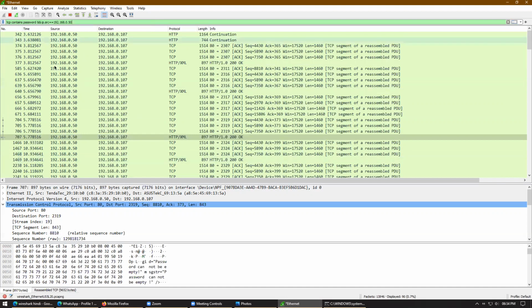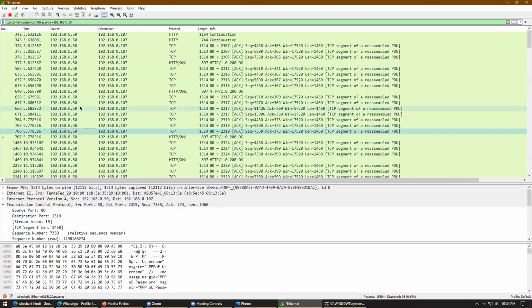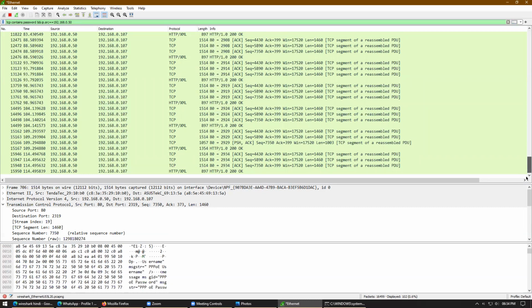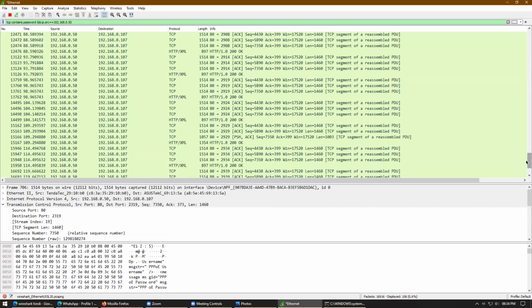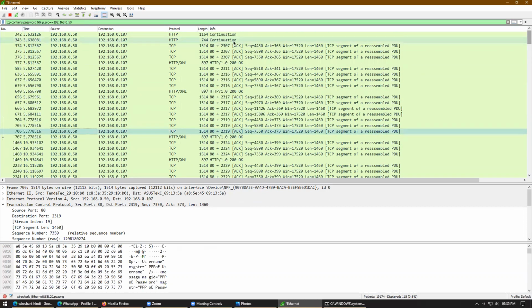Okay, so all the sources here are 50. Even if I remove this, that communication still happened, that specific password data was sent from this IP, but there might be other IPs also which can send the specific data you are looking for. So to filter only the one IP which I want to see especially, I can just use and ip.src equals the IP address. And now let's search to see if I see any password here.